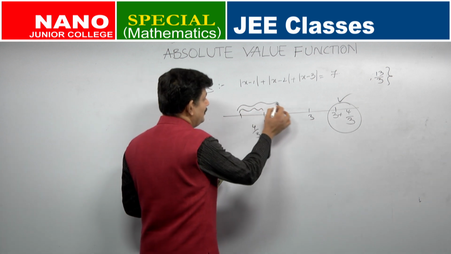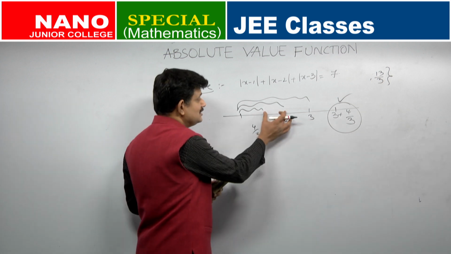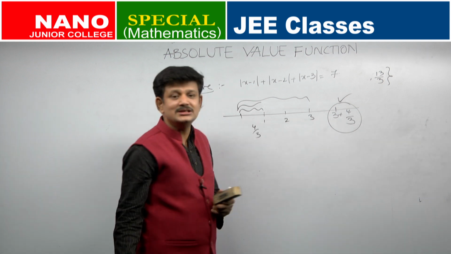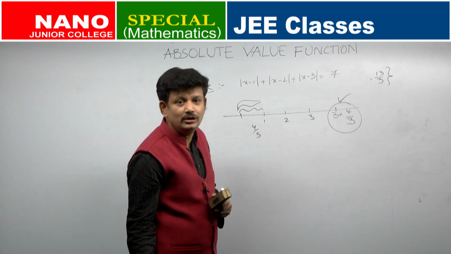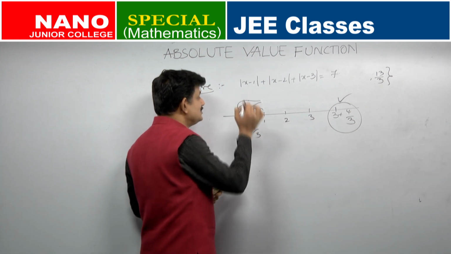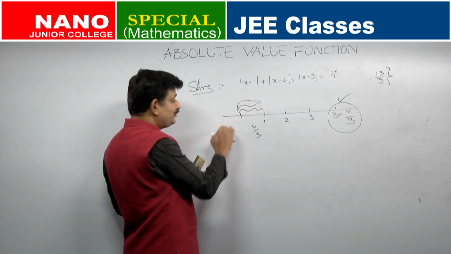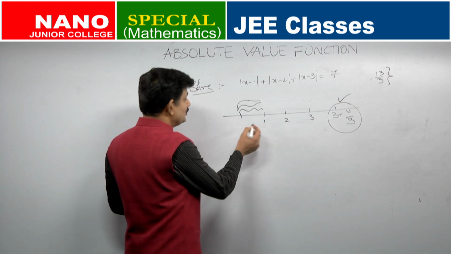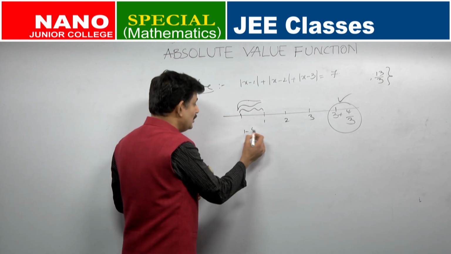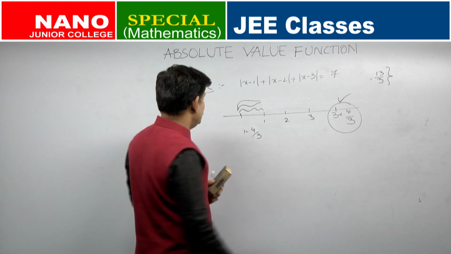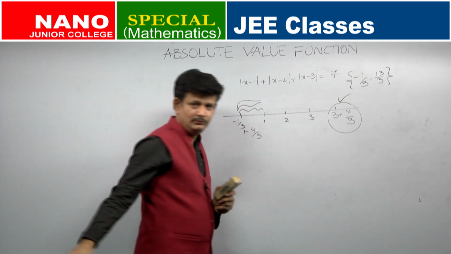Yes or no? This distance plus this distance plus this distance, I want it to be 7. This is how much? 1. So, if I remove this, the remaining distance will be 6. This is 2. If I remove this, the remaining distance will be 4. How am I getting 4? Adding this how many times? 3 times. So, each one will be how much? 4 by 3, which is the number to the left of 1, 4 by 3 units distance. It is 1 minus 4 by 3. 1, 4 by 3 units to the left. So, you have to subtract 4 by 3, which is how much? Minus 1 by 3. Second solution is minus 1 by 3.